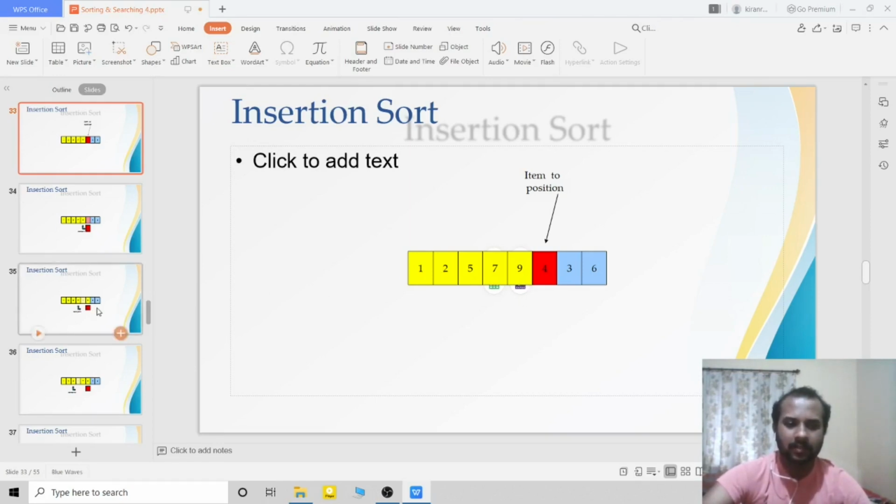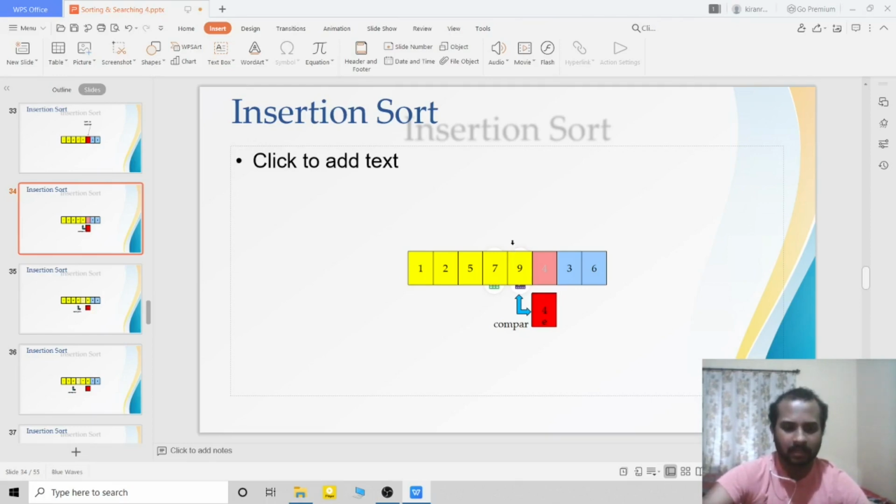Okay, now let us go for another one. Next step, what will be happening in the next step? So this element is k, that is the item that needs to be shifted. So PTR is equal to k minus 1. So I am going to now compare temp, that is the temporary variable, with A of PTR.